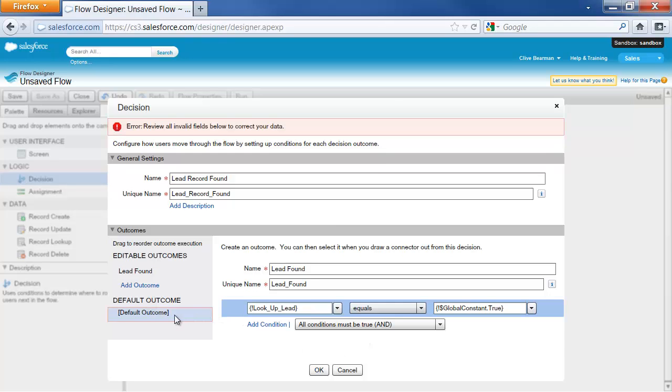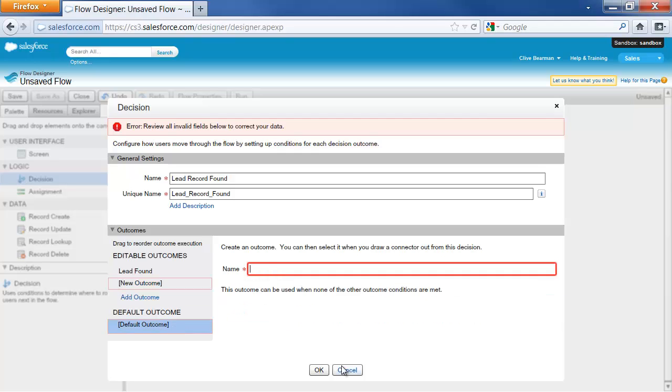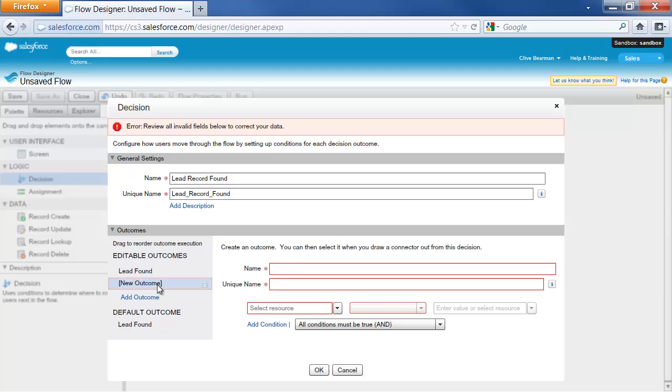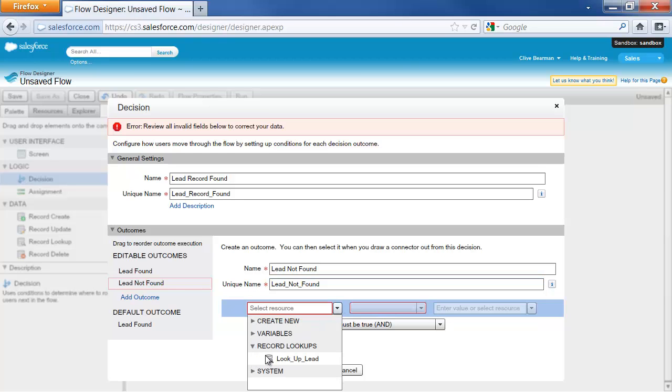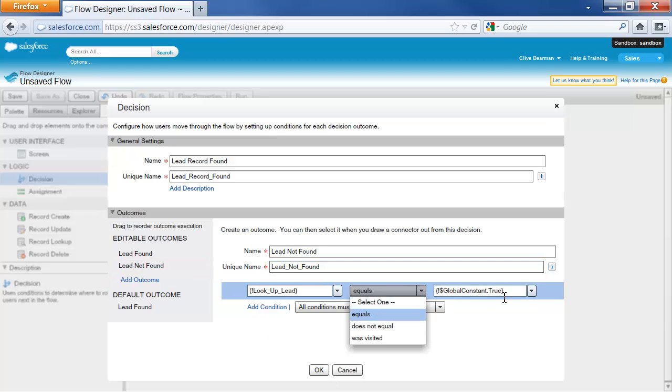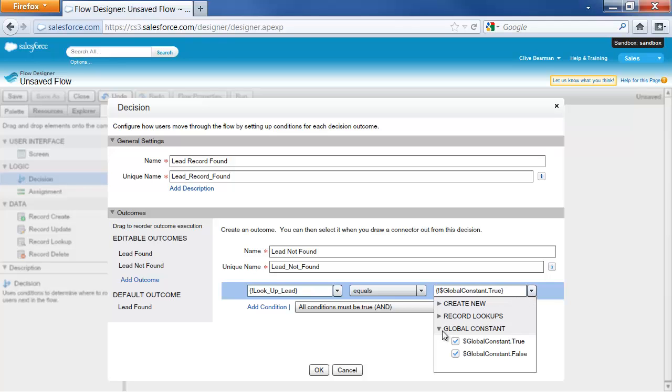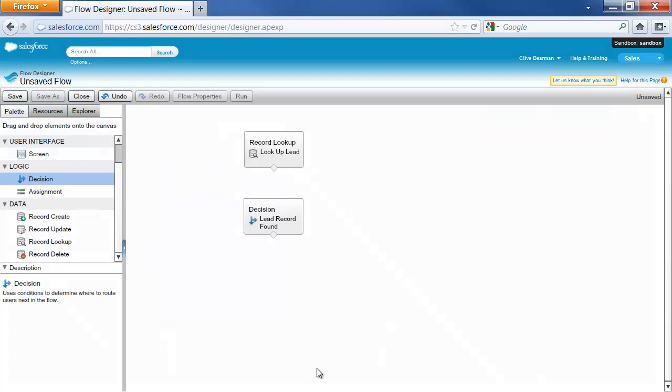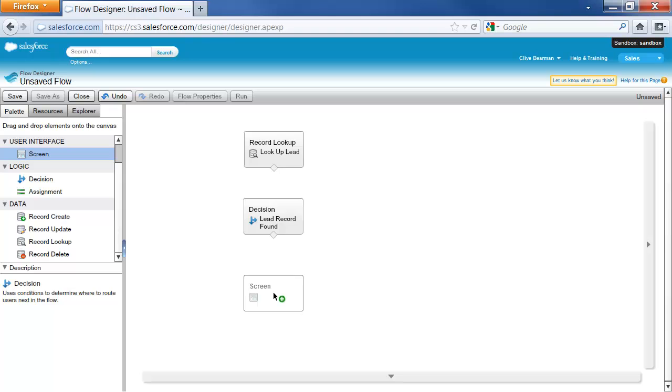I need to set a default outcome, so the value of that decision. And now I'm going to add another outcome if I didn't find the record. So lead not found. The global constant of false there. Okay. Now let's drag on a screen